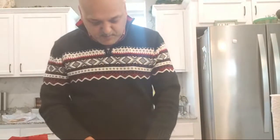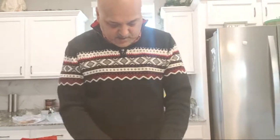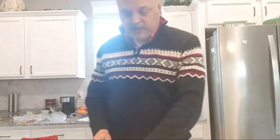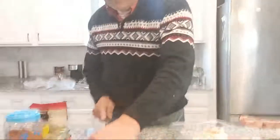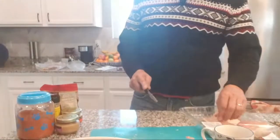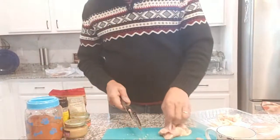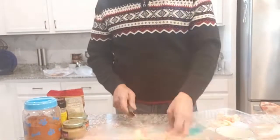Sunny day in California. Today's recipe is butter chicken. I'm cutting the chicken into small pieces so I can marinate for 30-40 minutes. So you can see that I already started the process. There is some chicken getting ready. And once the chicken's ready, I have some ingredients that I'll show you shortly for how to marinate the chicken